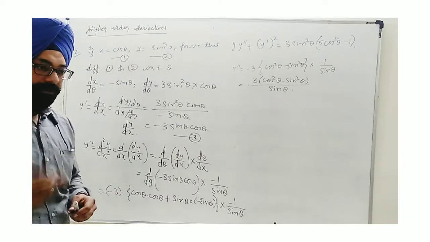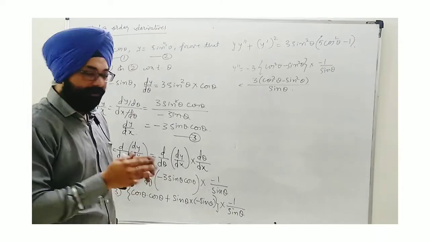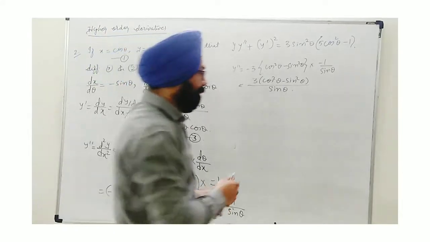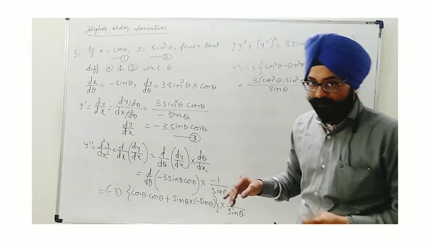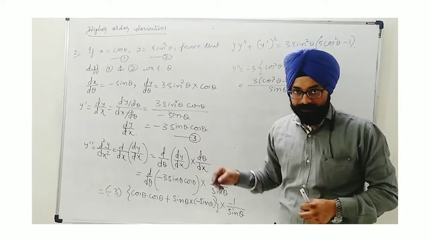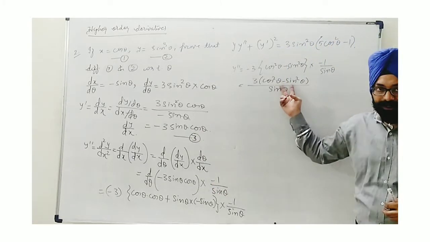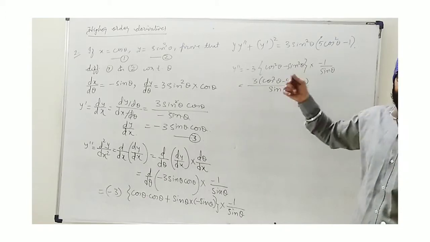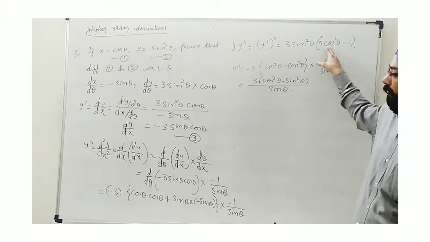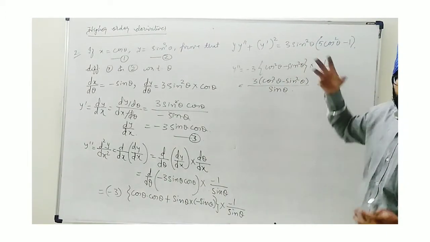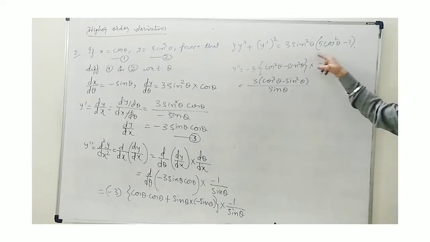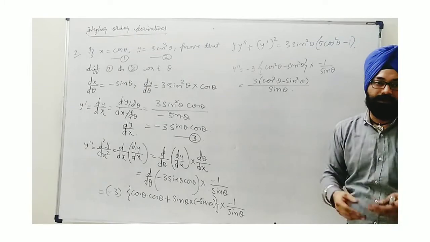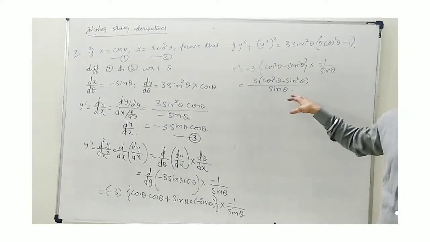Now there may be a question arising in your mind that why am I sticking to cos and sin only, not converting it in cosec? More identities are applicable. Like in the first case I told you, here sin 2 theta identity is applicable, here cos 2 theta identity also is applicable. Why am I not doing so? Because I see the target. I always explain you should see what is to prove. Here we have to bring the answer in terms of sin and cos. So that's why let them be in sin and cos only. Finally we have to convert in them. That's why better we move ahead with those.